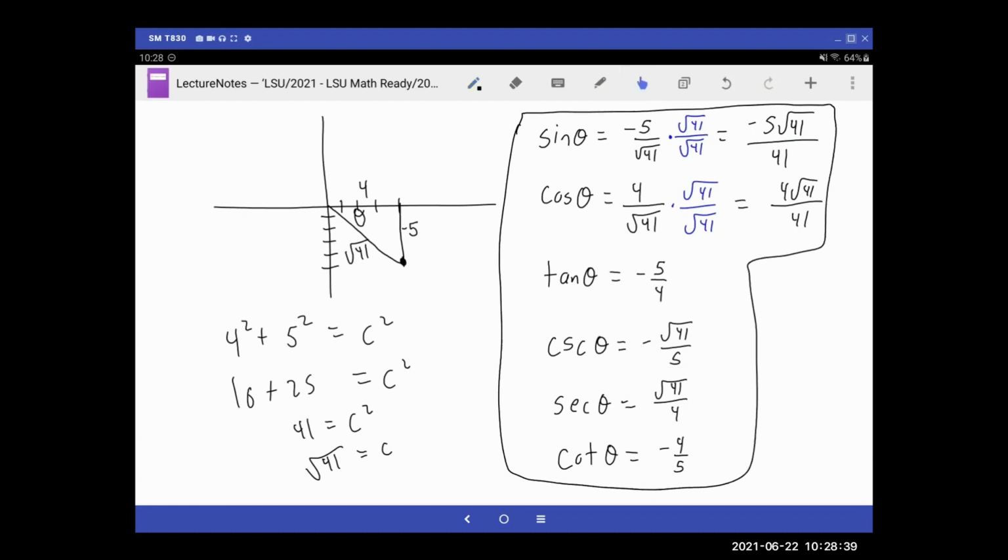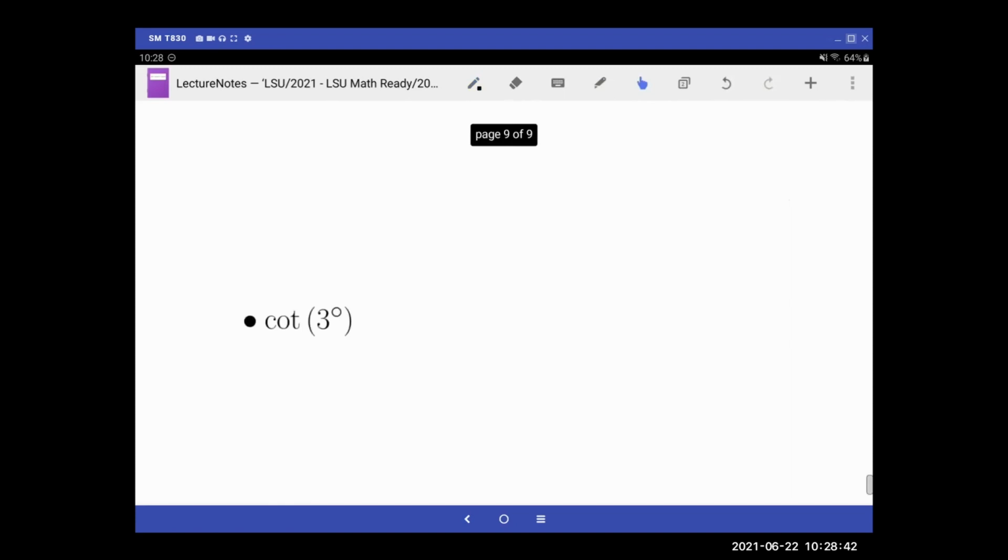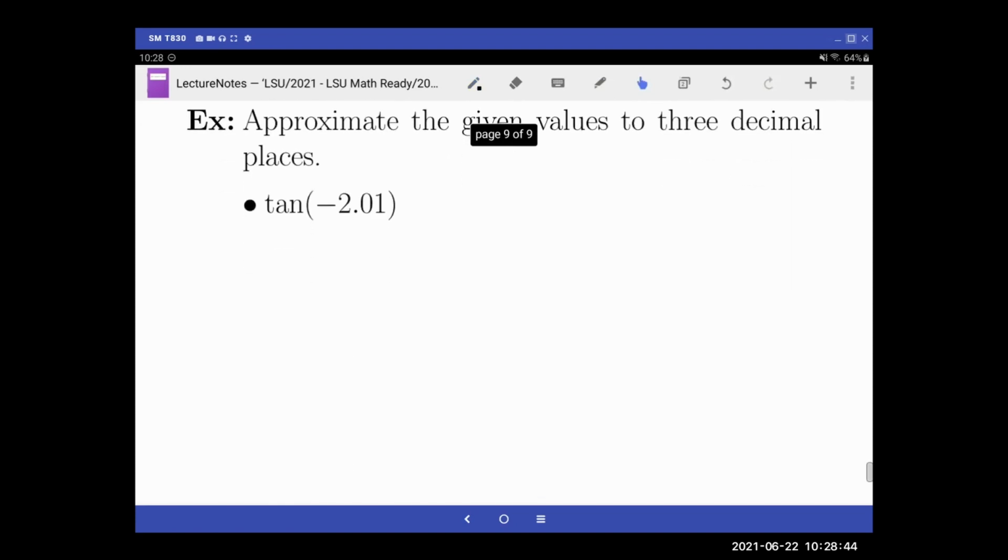All right, and so I think that's about all we have time for. Oh, wait, no, we have time for this last one here. Okay, good. Let's talk about this last one. I forgot about that one. I do want to go over this real quick. It says approximate the given values to 3 decimal places. And the reason why I want to go over this one is because this is a trick question that you might come across. Okay, it's meant to be pretty simple, where you just type in